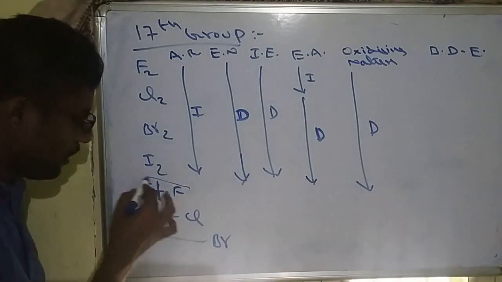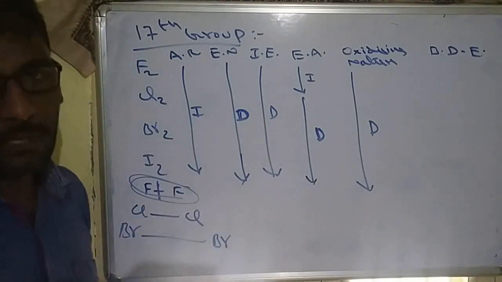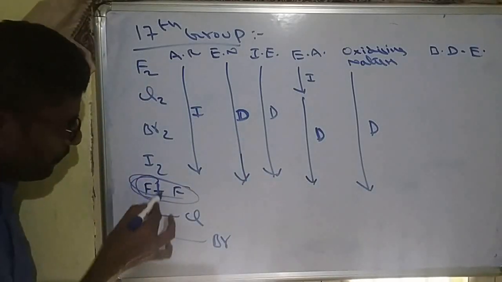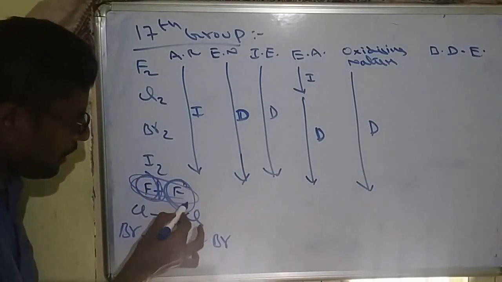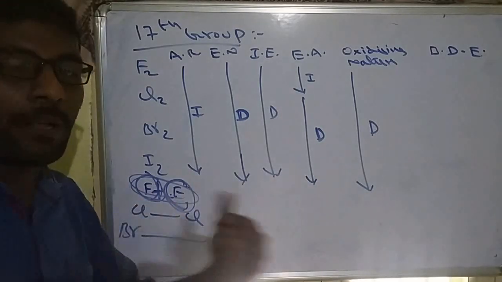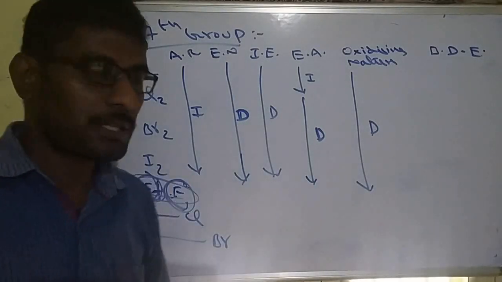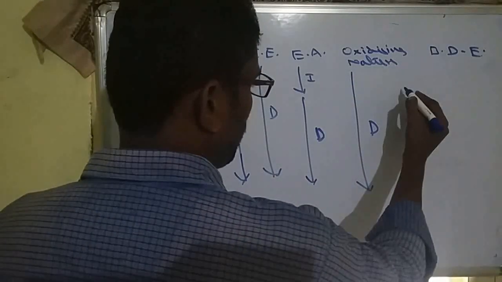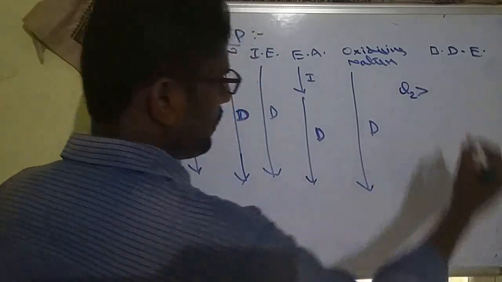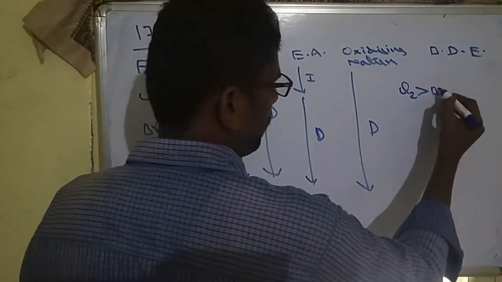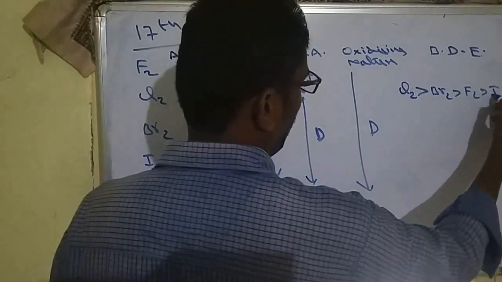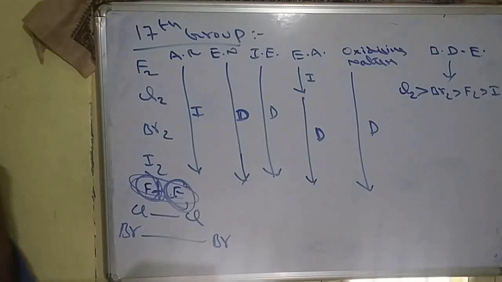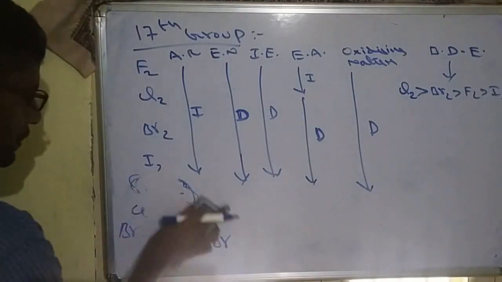So expected, fluorine should have high bond energy, but actually fluorine has less bond energy because fluorine is very small. Because of this small size, there are electronic repulsions between the two atoms. So due to this, less energy is required to break. That's why the bond dissociation energy order, I am writing here: chlorine is highest, after that bromine, after that fluorine, iodine. This is the bond dissociation energy order. Important. So these are physical properties.